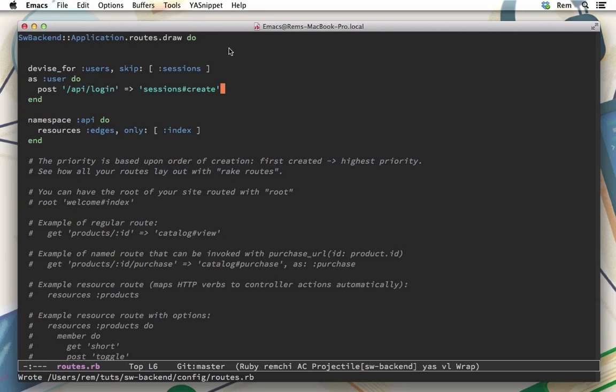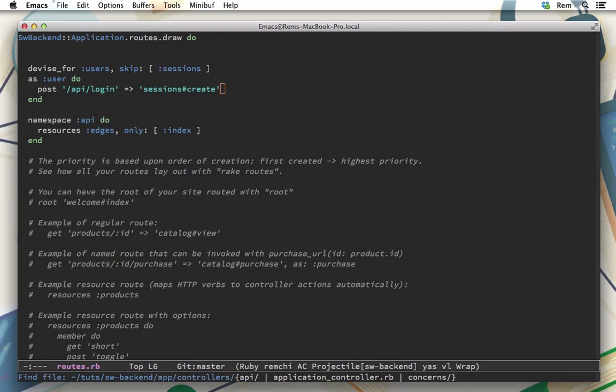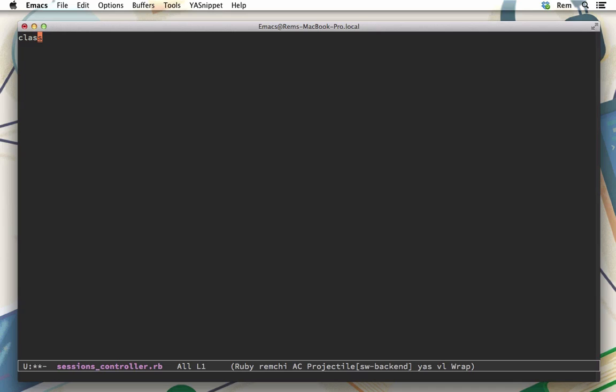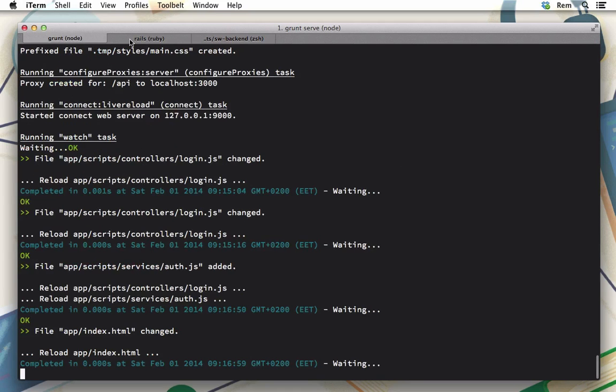So now we need to create this sessions controller. So let's go to app controllers, and inside of it, create sessions_controller.rb. So there's going to be a class, SessionsController, which inherits from Devise SessionsController. And in here, let's define index. Let's save it. Make sure that both of your servers are running,